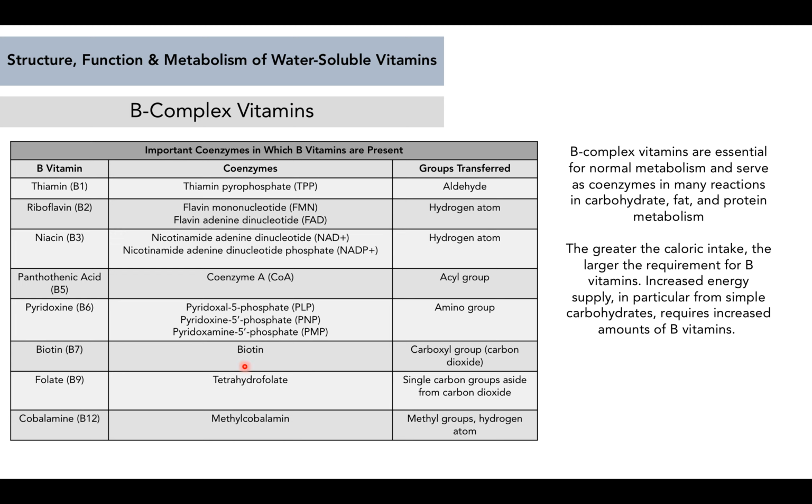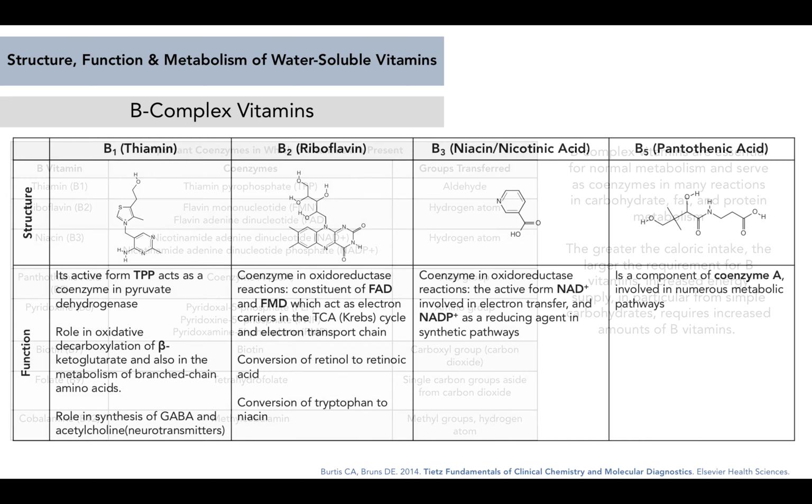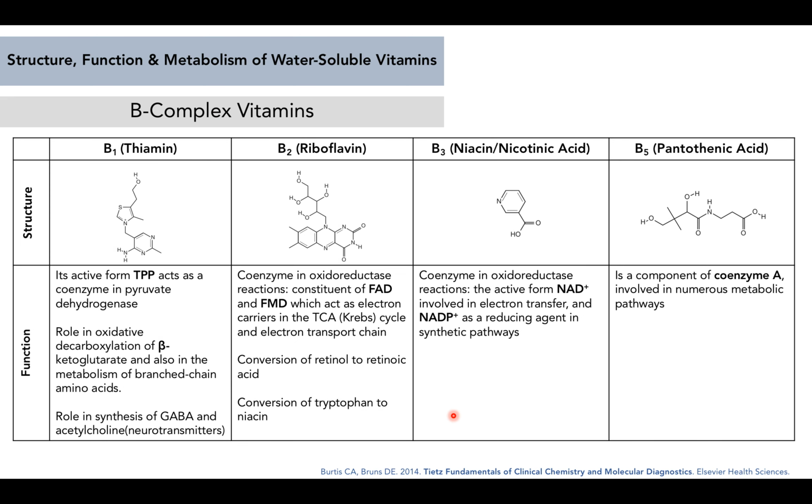So you can use this table as a reference. Okay, so let's talk about them one by one. So let's start with B1 or thiamine. This is the structure of thiamine, and as a coenzyme, we know thiamine in the form of TPP or thiamine